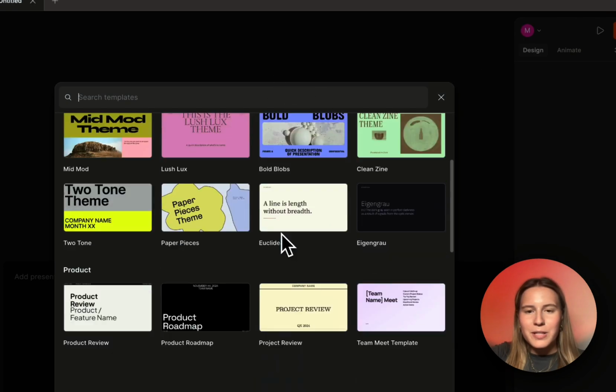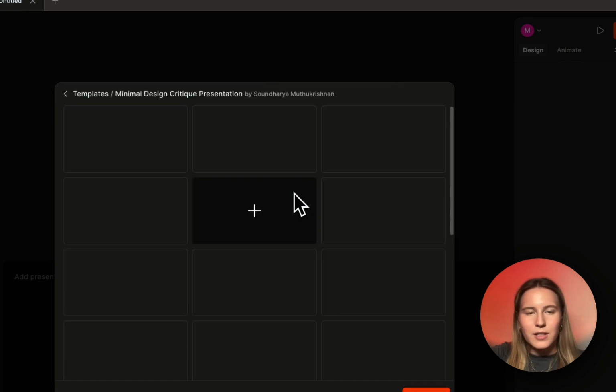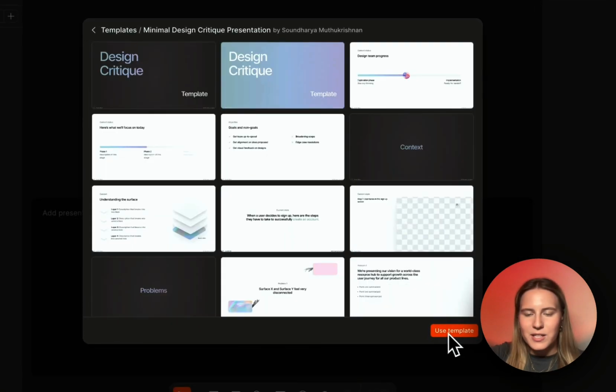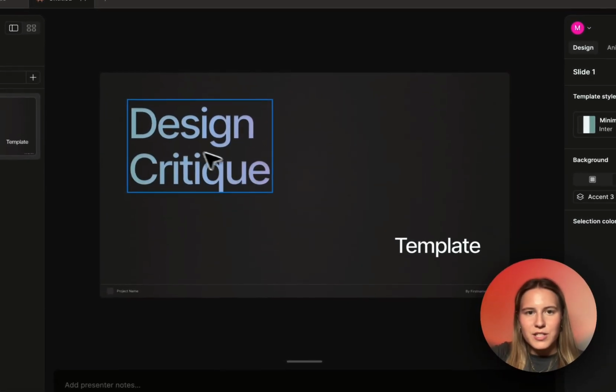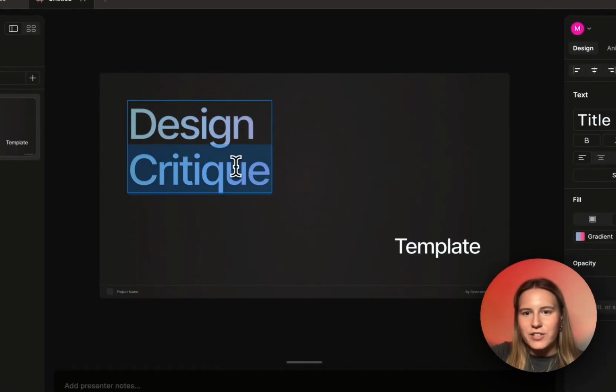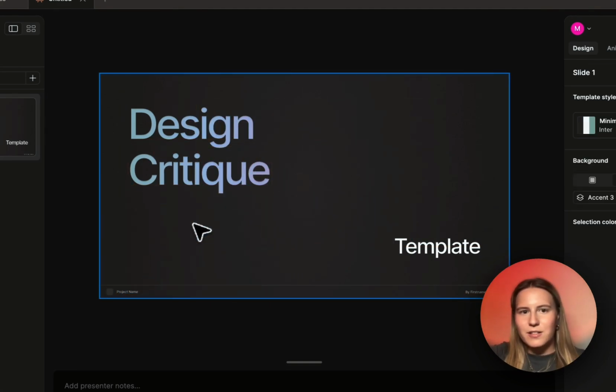So there are templates here. You can scroll through the templates, select one. Let's select this one, view template. We can select use template. Here is your presentation. You can very easily change the text, or like you would in Figma, duplicate elements, change